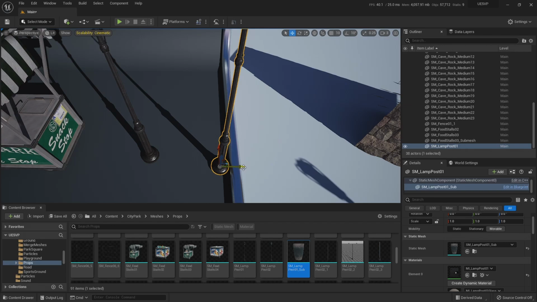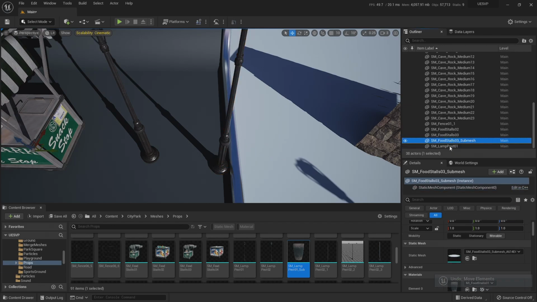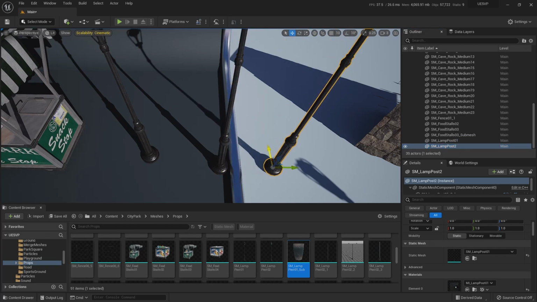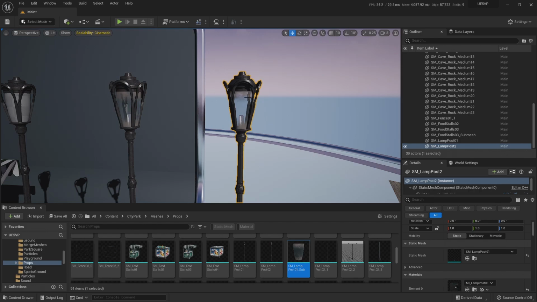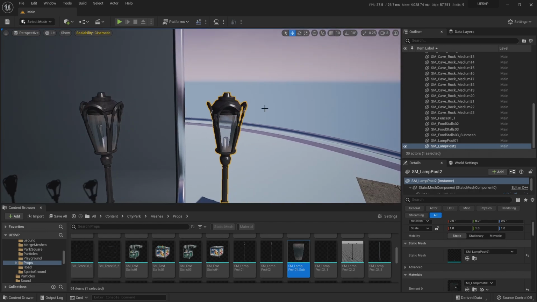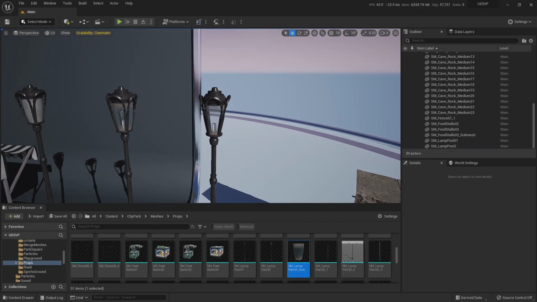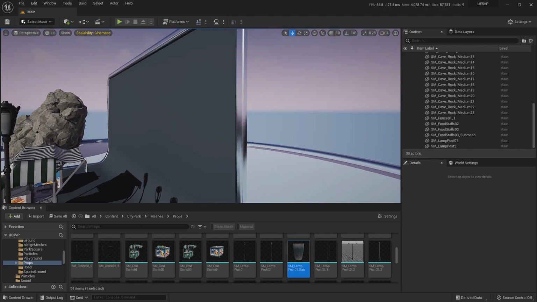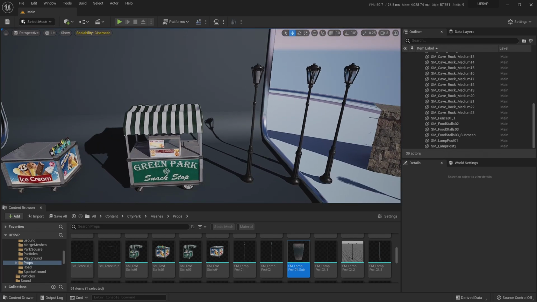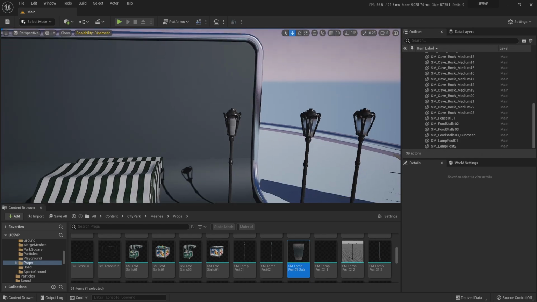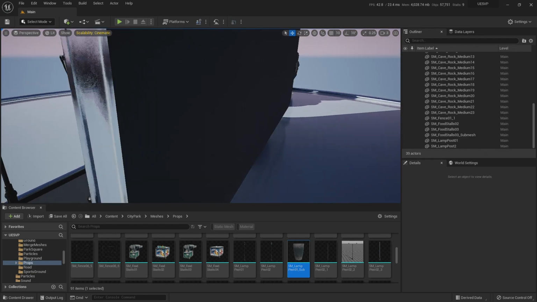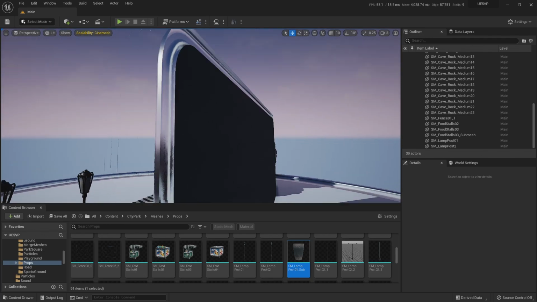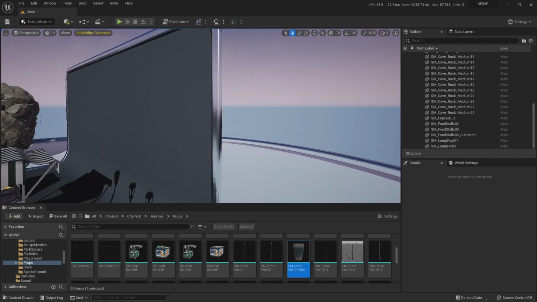And now you can take this and duplicate it. Select the lamppost and duplicate it, and now it will duplicate with the glass. All right, in these terms, I want to do one last thing, and that is one other thing that Nanite is not compliant for, and that is two-sided materials. So how can we fix that?